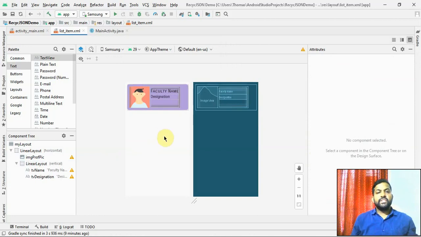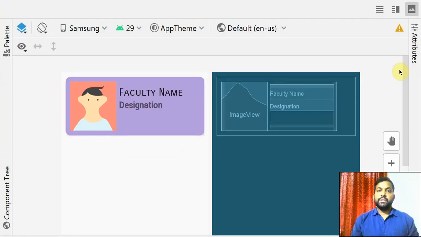So now we have finished the design of the card view. So every card, every faculty detail which you get from the internet should be taken and formatted and displayed in this particular card for how many other faculties you have from the JSON data which you get. So I'm going to continue with the code part of this program, in which first what I'm going to do